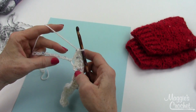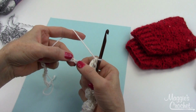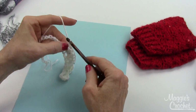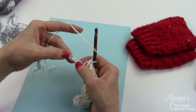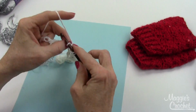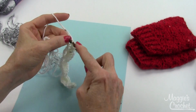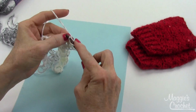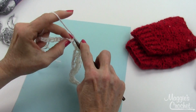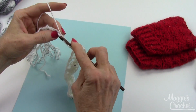Okay, there's that. And then if you want to see where the next chain is, you just can roll it forward. You can see 1, 2. I'm going to go in that one, but I'm going to roll it forward and go in the back bar. And then I look on this side, 1, 2, and go into this one with a shell stitch. And then you skip 2, 1, 2, you single crochet in the next one, skip 2, 1, 2, shell in the next one,